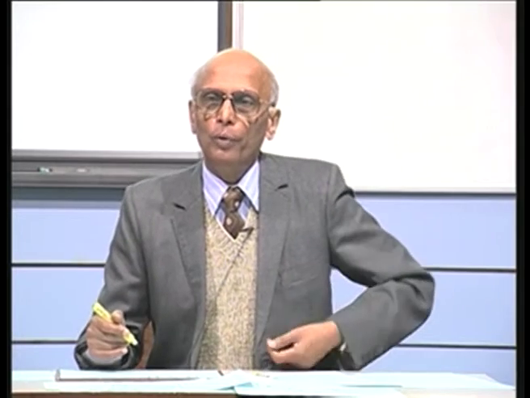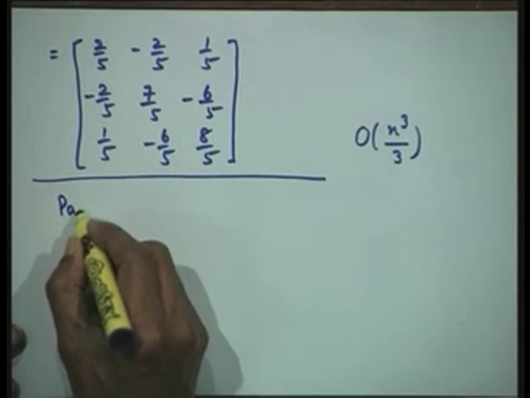Therefore, what I would prefer in that case is to use, if possible, the smaller systems, and in that direction we have what is known as the partition method, which will partition our matrix A and obtain the inverse of this matrix using the inverse of the smaller systems. So what we mean here is like this. So let me call this the partition method.